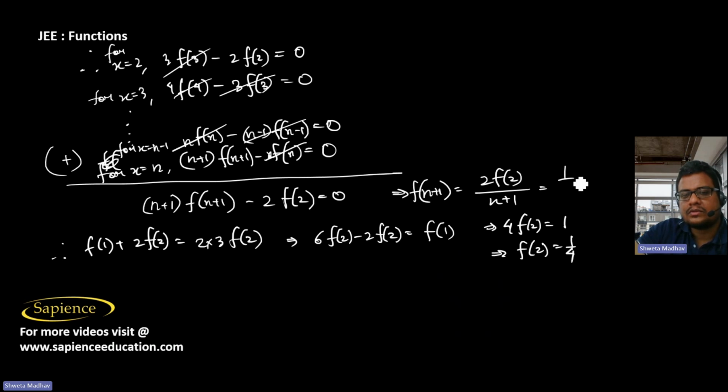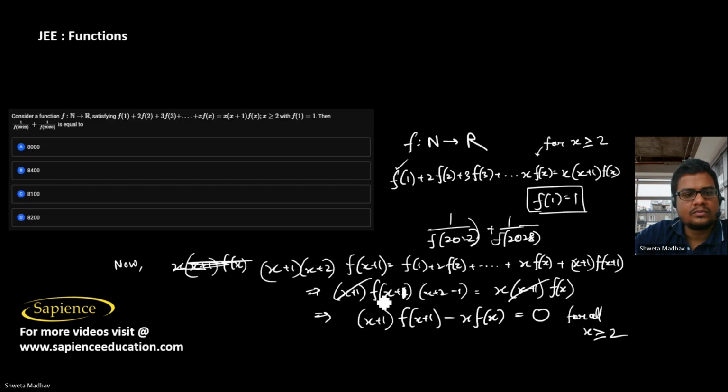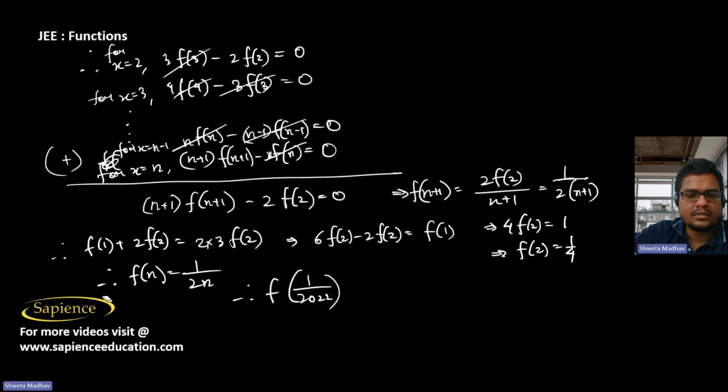So therefore this will be equal to 1 by 2 into n plus 1. So therefore now f of n, that will be equal to 1 by 2n. f of n, that is equal to 1 by 2n. So therefore from here we can say that